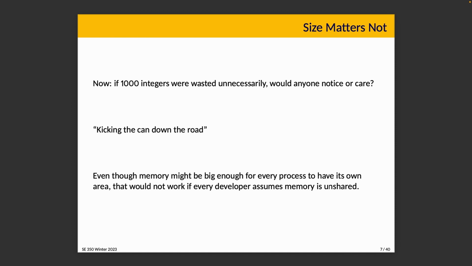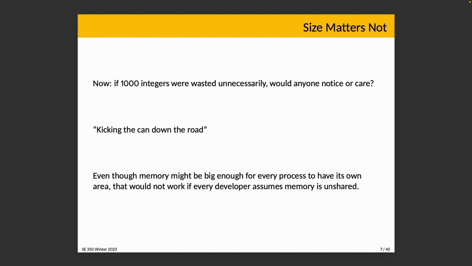Okay, that's to a certain extent kicking the can down the road. As the saying goes, we can use a lot more memory before we're in danger of running out. But running out is still possible. Just because we have 16 gigabytes doesn't mean that memory is infinite. And for all the integers and things that we might have, we are also frequently storing larger things in memory. So that doesn't really work.